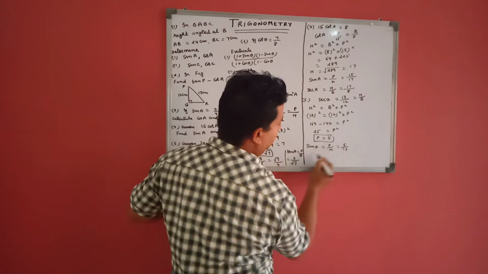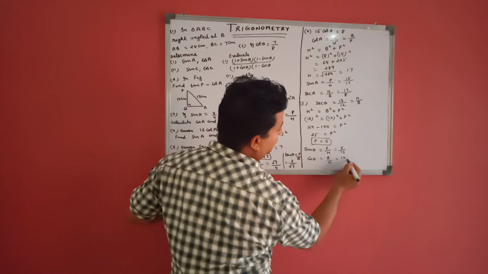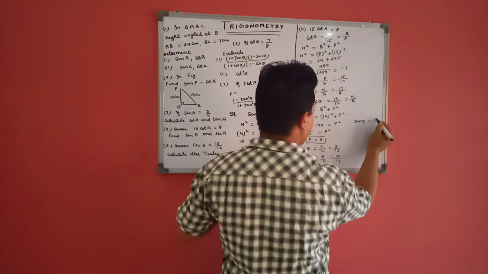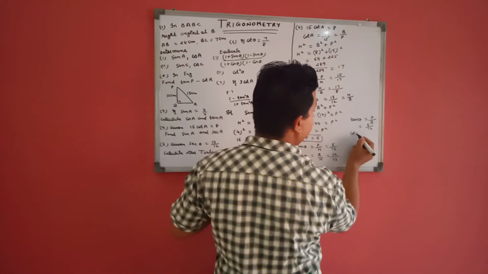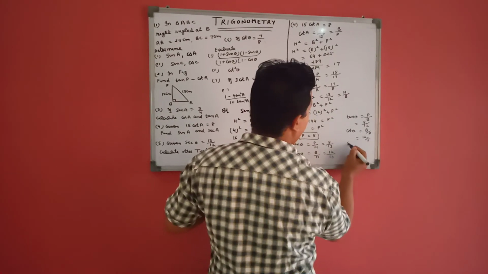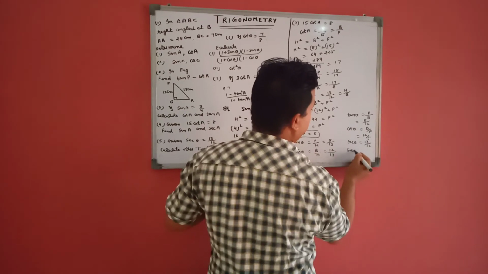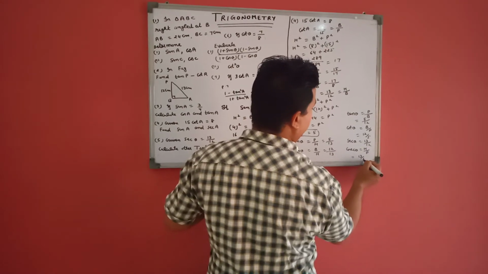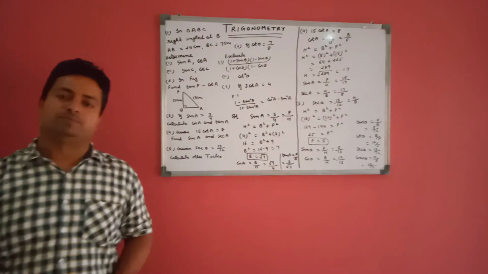In this we are required to find other trigonometric ratios, that is sin theta, p upon h, 5 upon 13; cos theta, b upon h, that is 12 by 13; tan theta is p upon b, that is 5 upon 12; cot theta is b upon p, that is 12 by 5. As we know, secant theta is 13 by 12 and cosecant theta is h upon p, which is 13 by 5. This is the solution of question number 5.